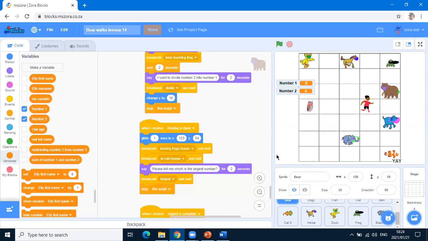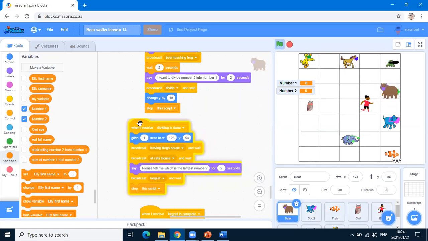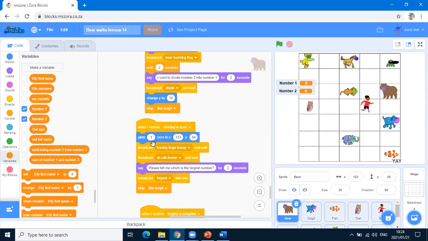After he's finished with cat. Let's go and see what happens when he's finished with cat. Go to bear. He has his code. When dividing is done, we don't want it to run now, okay? When dividing is done, because dividing was the frog, cat is going to do the greater than. So when dividing is done, bear's going to broadcast it, and he moves